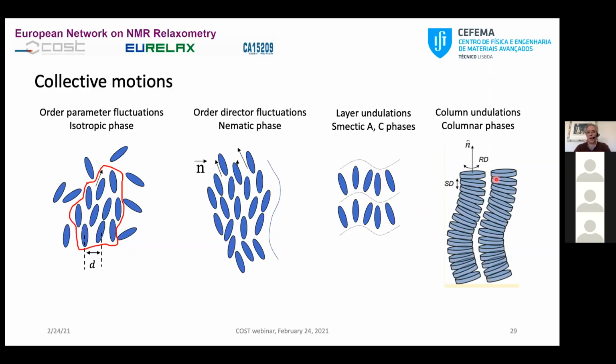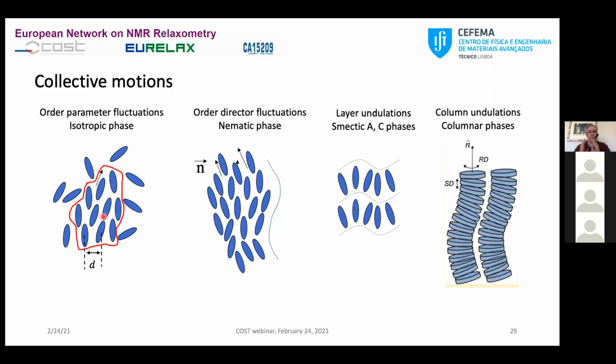This is similar to what happened with columns, where we have to assume that there are undulations of these columns. Still, we might think that in the isotropic phase there are not such collective motions, but that might not be the case. And in fact, it has been observed that when we look at the isotropic phase of liquid crystals, especially when we come close to the phase transition into the nematic phase, the molecules start to orient, and at